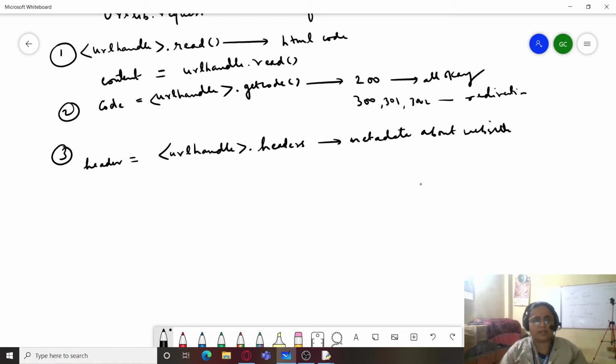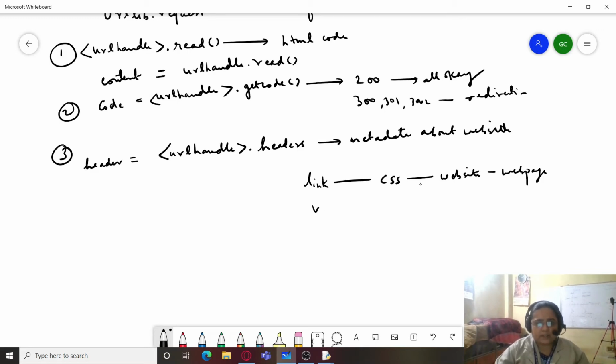Normally in a website you have a header section which contains metadata like linking information to which CSS file it is linked to, or if it is linked to any external website, or to any section within the web page or any other web page within the same website.